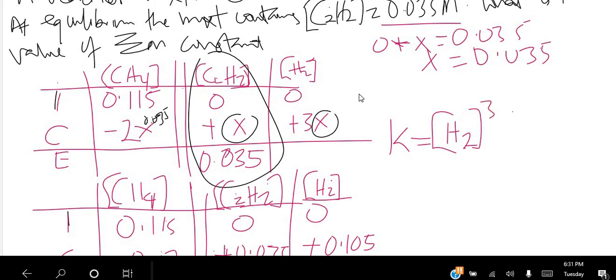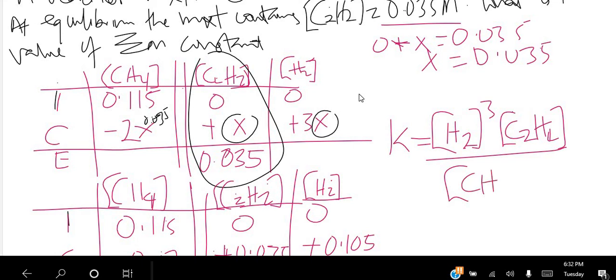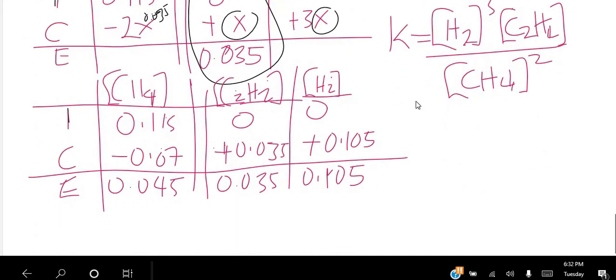And C2H2 over CH4 raised to the power 2. Okay, so we just plug in these values that we have at equilibrium concentration, which is C. So our Kc is going to be